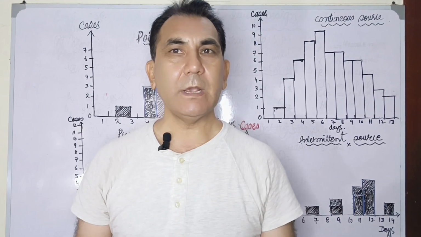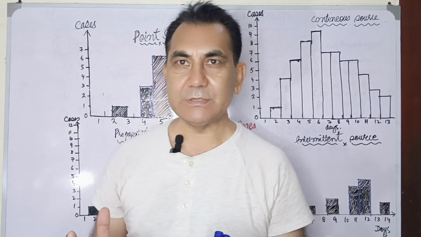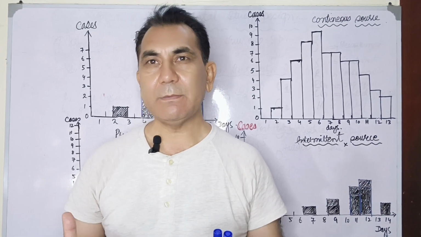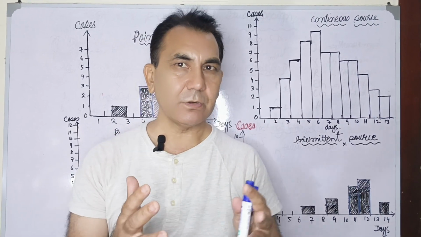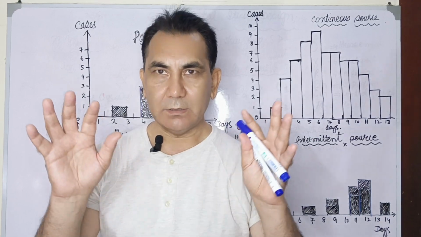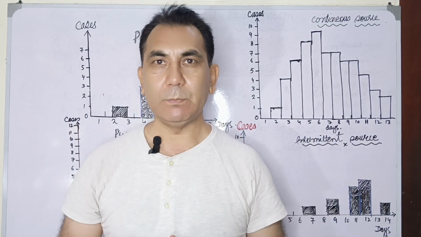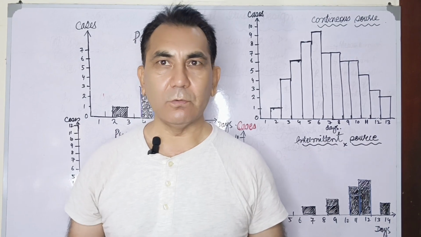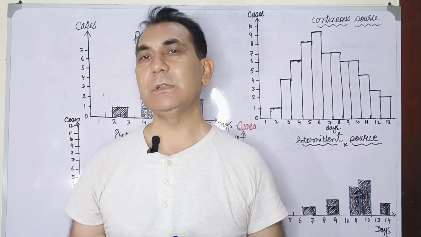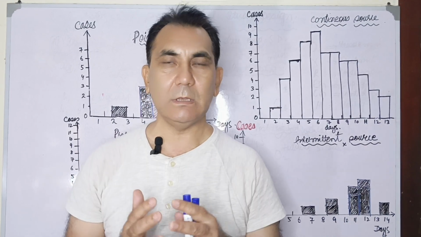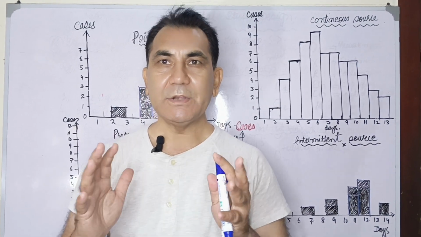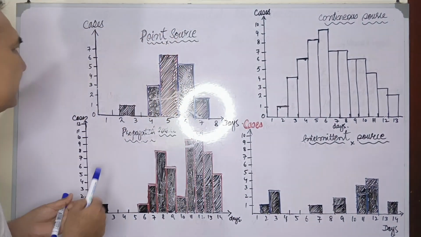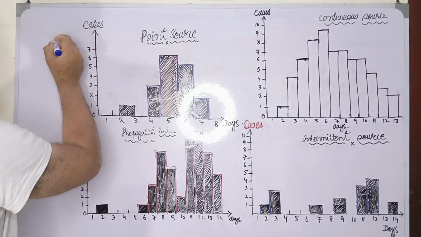Outbreak investigations of any disease or any event which happens in a specific time period, in a specific geographical area and in a particular group of people. So the epidemic curve, in which we represent the data in the form of a histogram, has 3 to 4 types. The first type, which you are looking at over here,